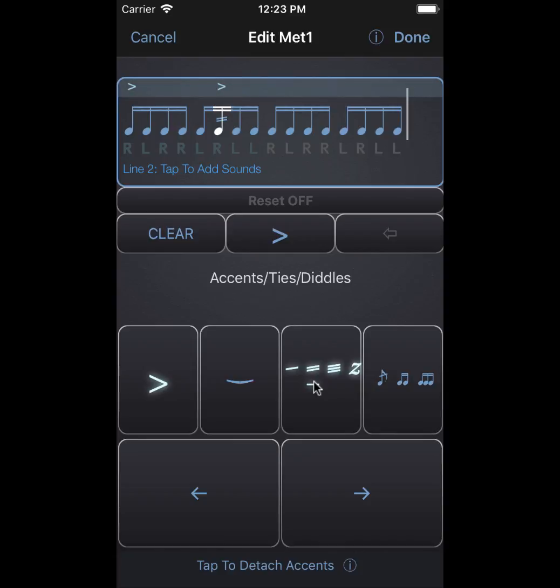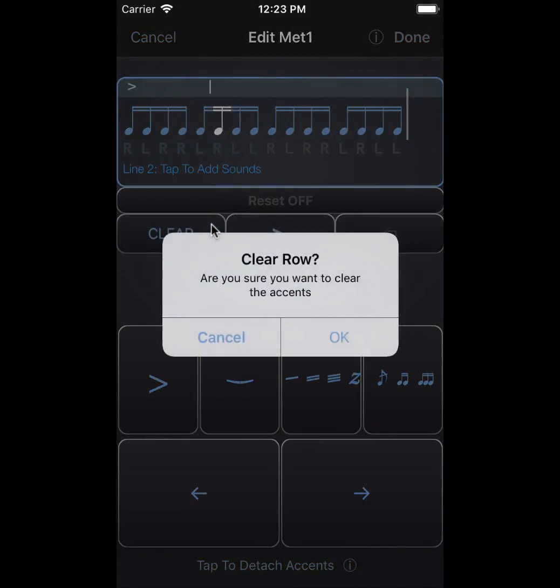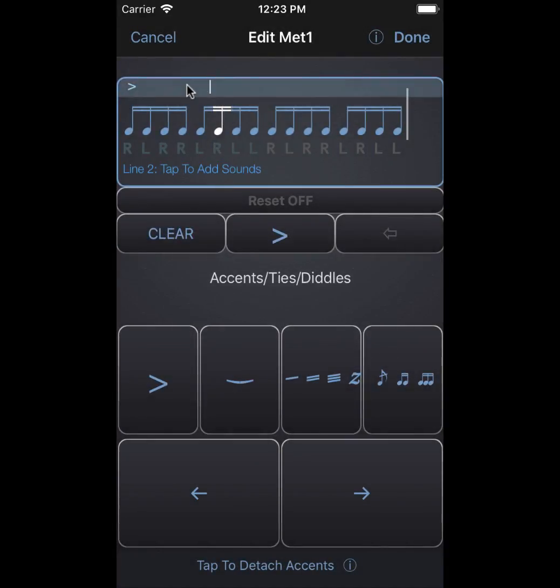Thanks. So the one thing to know about this is that by default, when you click up here, this works in a different way to the sounds, in that I put an accent in there and it hasn't repeated it over all of these notes. It's just put it on that one note. So whatever you enter in here by default is just attached to the note you enter it to. However,